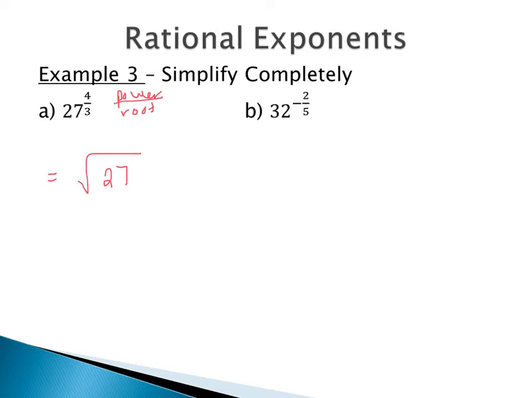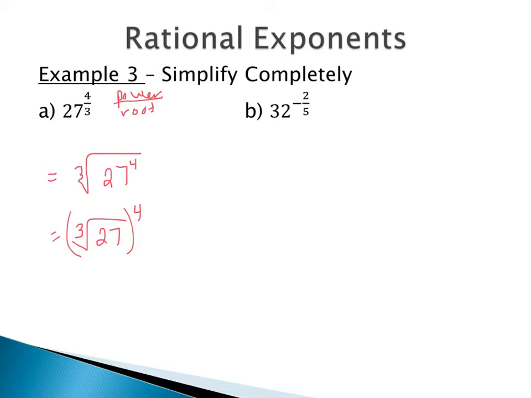There are a few ways you can write this. You can have your power on the inside, like this to the 4th, and then our root has to be on the outside. Or, typically with numbers, it's easier to use the alternate method where we have the power on the outside. This way, when we're taking the root of a whole number, you're going to get a smaller whole number, so it'll be easier to raise to the power. But either way will work. You can use your calculator and figure out what 27 to the 4th power is, but typically, with numbers, we leave the power on the outside.